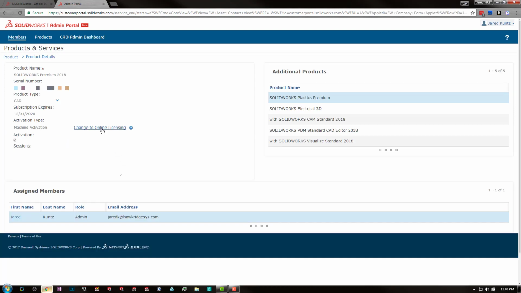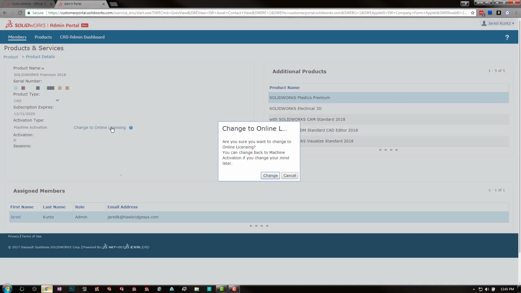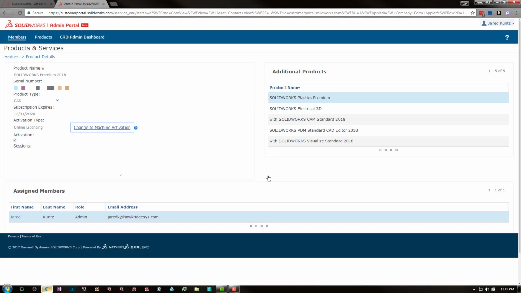And now you'll notice that the Change to Online Licensing link is available. And you can see the computer previously listed as machine activated no longer appears. You can also mouse over the question mark in order to get tips and tricks related to your current activation type. By selecting Change to Online Licensing, we get a pop-up wanting us to confirm the change. Once that has been changed,